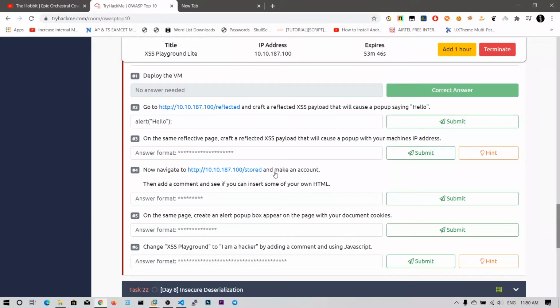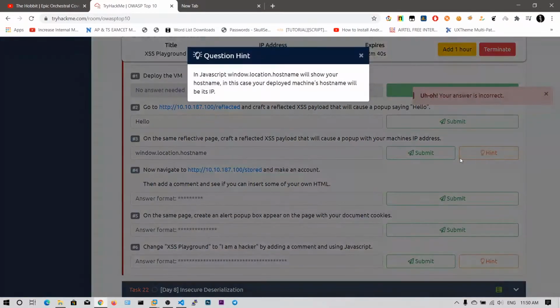Okay, let me try to paste it in here. I don't know what we need to type to get the answer right. Okay, let's see the hint.